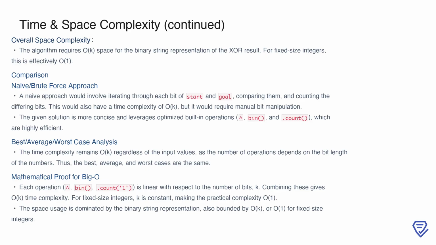Looking at best, average, and worst cases, the time complexity remains O(k), because the number of operations consistently depends on the bit length of the input numbers. This uniformity ensures that all cases, best, average, and worst, are identical. Mathematically, the linear nature of each operation with respect to k solidifies the overall time complexity as O(k). For fixed-size integers, this simplifies to O(1), and the space complexity is also effectively constant, making the implementation highly efficient